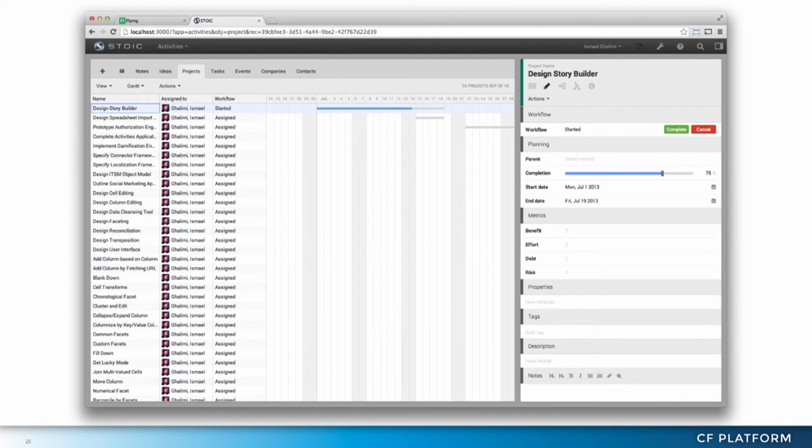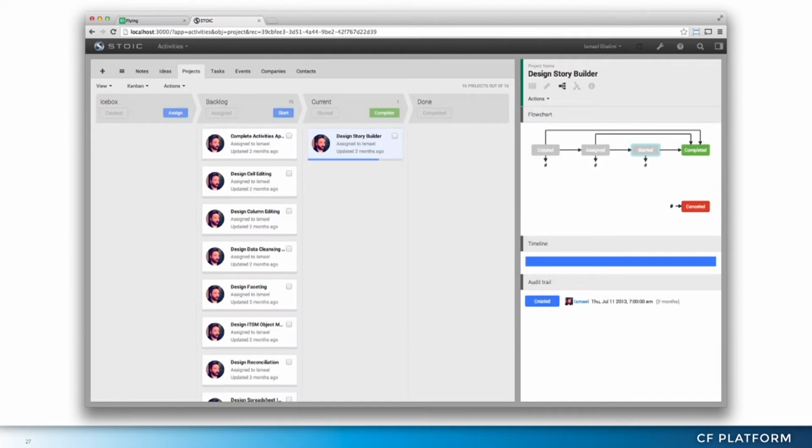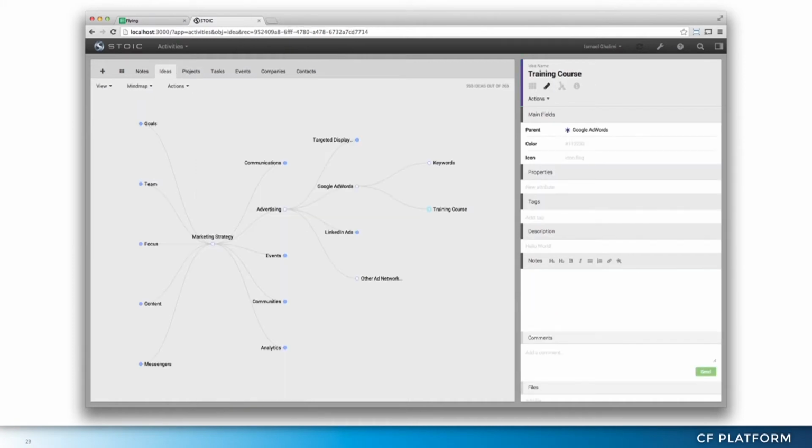From there, we add more and more perspectives. For example, this is the one called Gantt that allows you to implement a fully functional clone of Microsoft Project with just a spreadsheet. You do that in about 5 minutes. Or this one is called Kanban that essentially gives us the equivalent of a Pivotal Tracker. You might have used Pivotal Tracker. That took us a few days to build a full clone of Pivotal Tracker using STOIC.